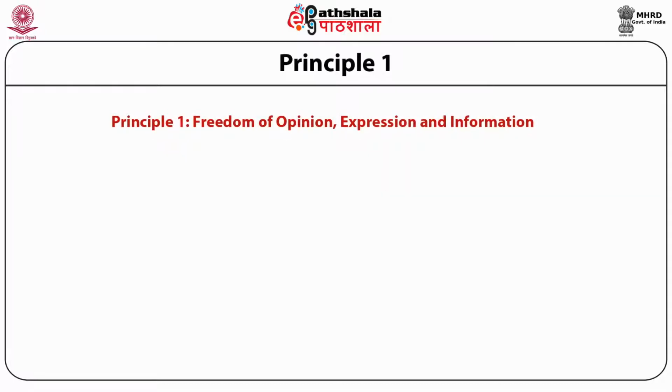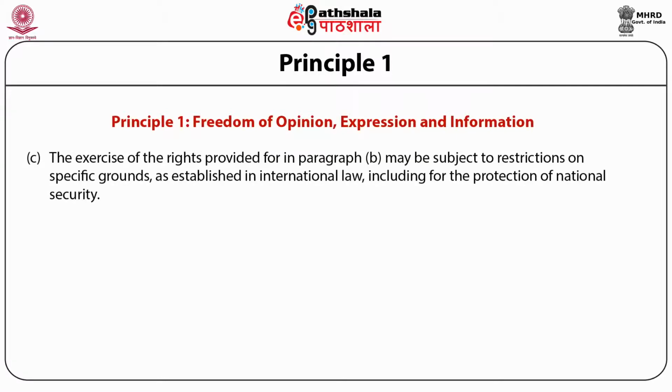Now, C, they say that the exercise of the rights provided for in paragraph B may be subject to restrictions on specific grounds, as established in international law, including for the protection of national security. Now, this is interesting. Here is where the Johannesburg Principles essentially depart from Article 19 of the ICCPR, and they say that these restrictions must be, A, on specific grounds, as established in international law. So unlike the ICCPR, which simply says prescribed by law, without saying domestic law or international law, the Johannesburg Principles go to the extent of saying that these grounds have to be established in international law,